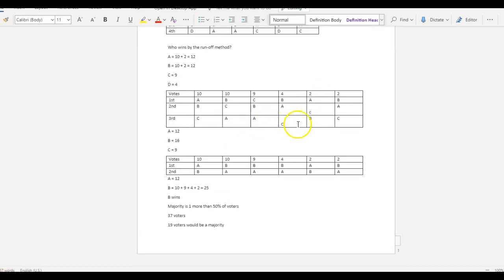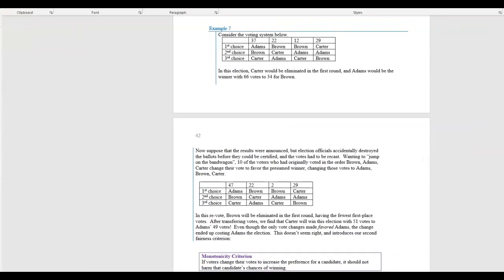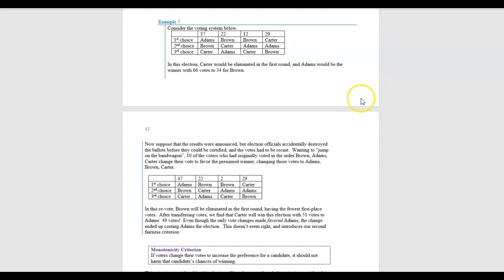So in our previous video, we saw an example of how plurality can go wrong. Let's talk about how the instant runoff method can go wrong, what criterion it can violate. And to do that, I'm going to use the book's example because it's kind of hard to make up an example that works here. So I'm going to pull this over to the book's example. All right, so if we did instant runoff on example 7 here,